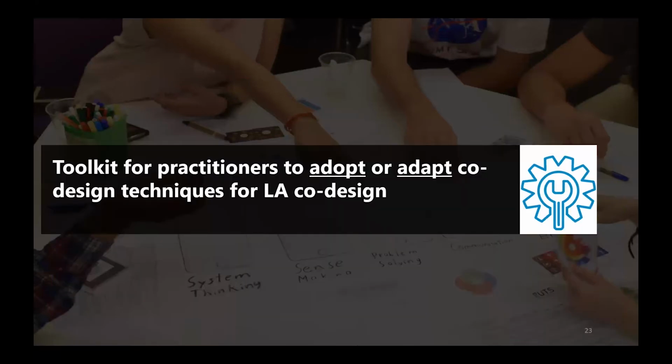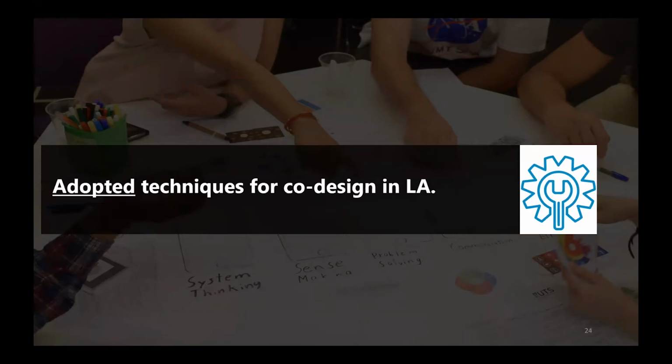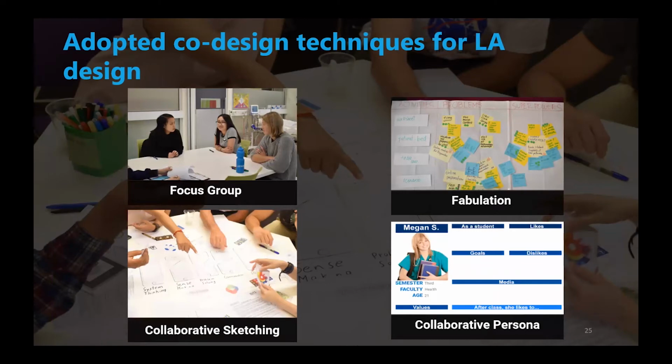So my first contribution: what did I do to deliver the toolkit and how did we adopt and adapt techniques to implement co-design? First, we looked at what kind of tools are out there and how we can merge this into learning analytics. So we adopted a lot of co-design techniques, mostly 4 main techniques. We started with the traditional focus group. We helped to introduce people to the project. Let's start face-to-face conversations and talk about learning analytics, which proved to be useful since learners never hear about learning analytics, and in some cases never hear about data collection.